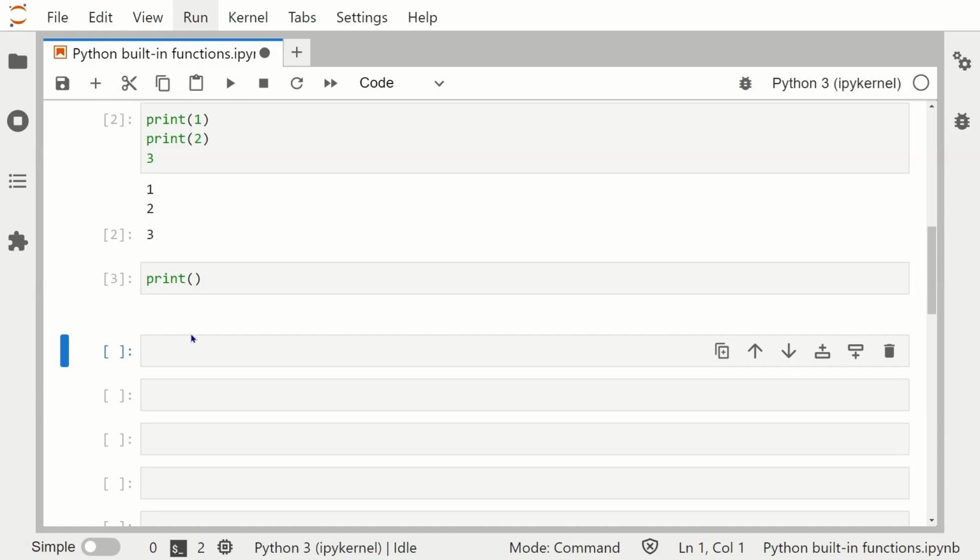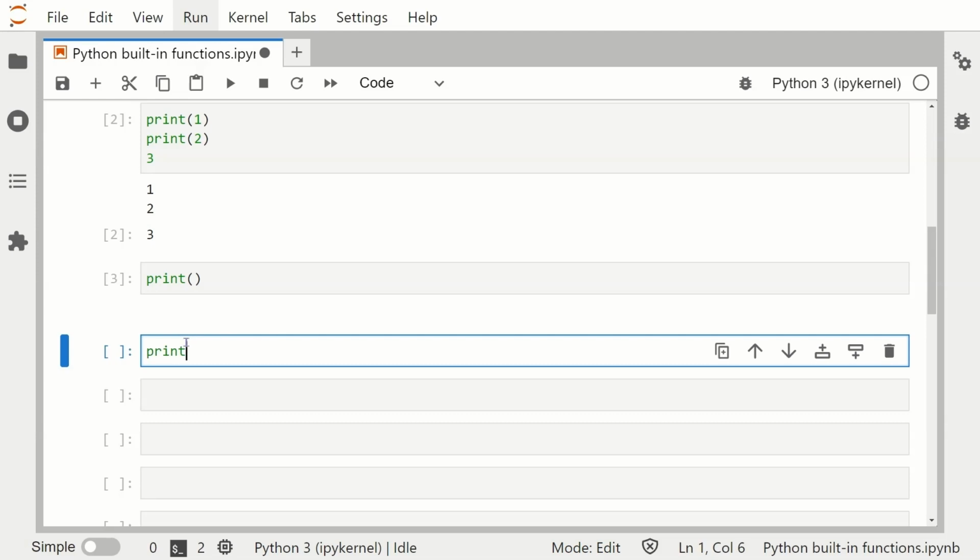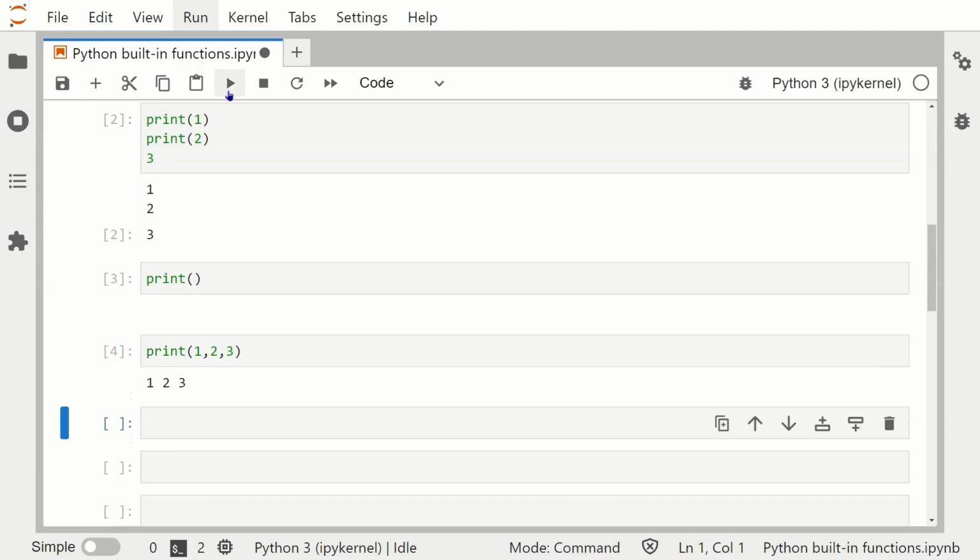Now, with multiple arguments, for example, print 1, 2, 3, when we run that, it prints them all in one line with some space in between them. The print function can be useful for debugging long code in one cell, especially for checking semantic errors, because you can print any output that you want. It can also be used for information. For example, in our rock, paper, scissors game, the print function can be used to display game stats to whoever is playing the game.